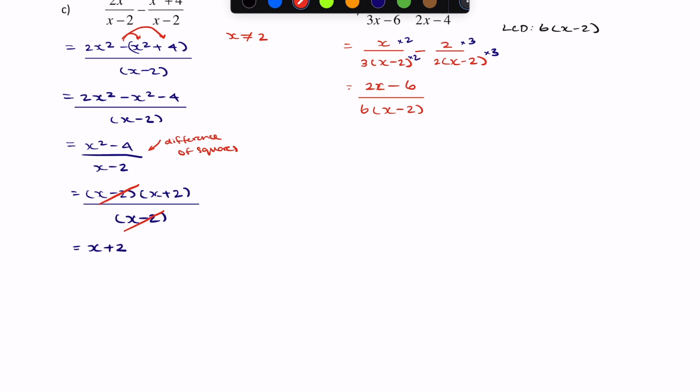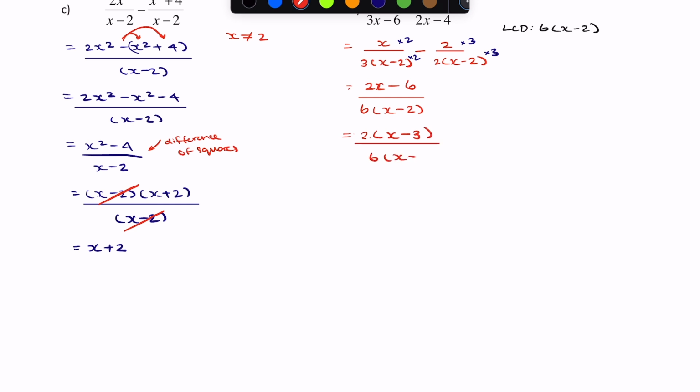So again, you can't cancel out the 2 and 6 here because there's a negative sign in between the 2x minus 6, so that's considered one single term. What you have to do first is factor out the 2. So we have 2 bracket x minus 3 over